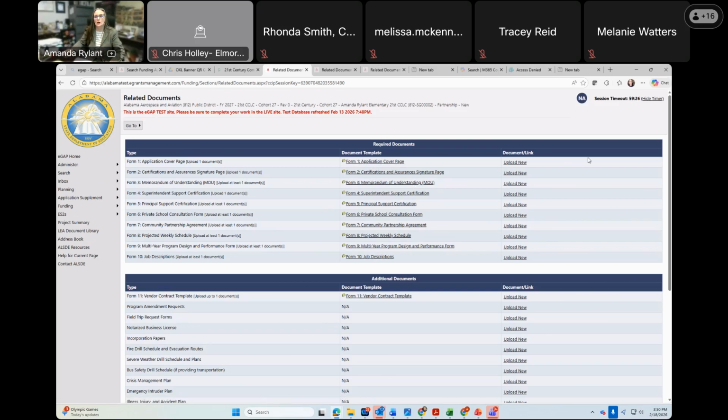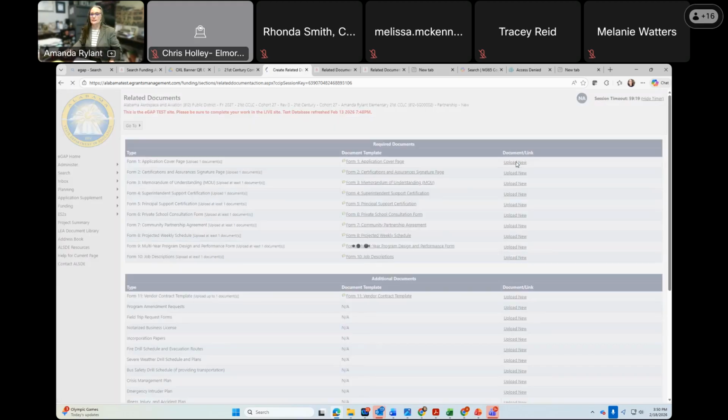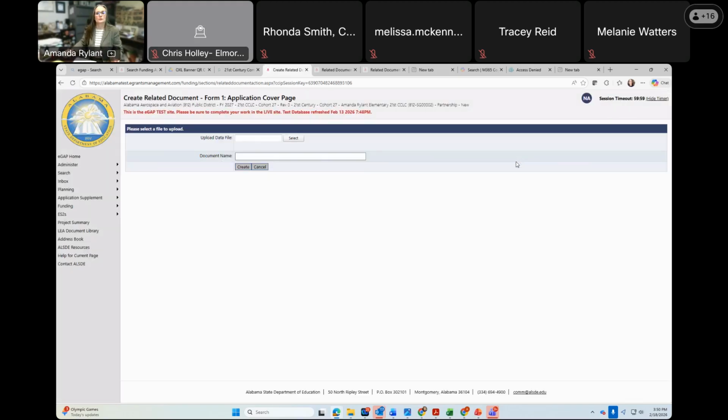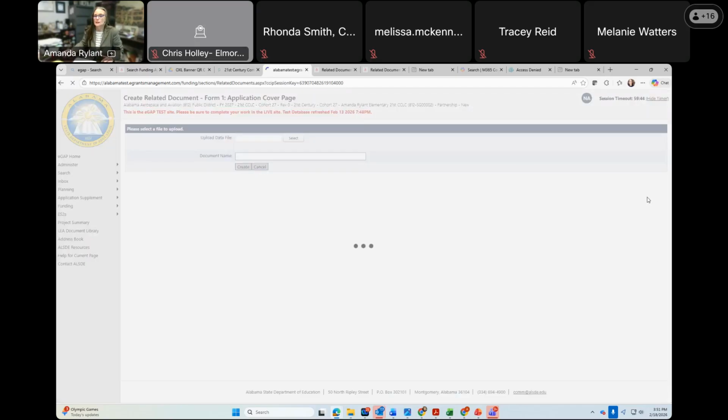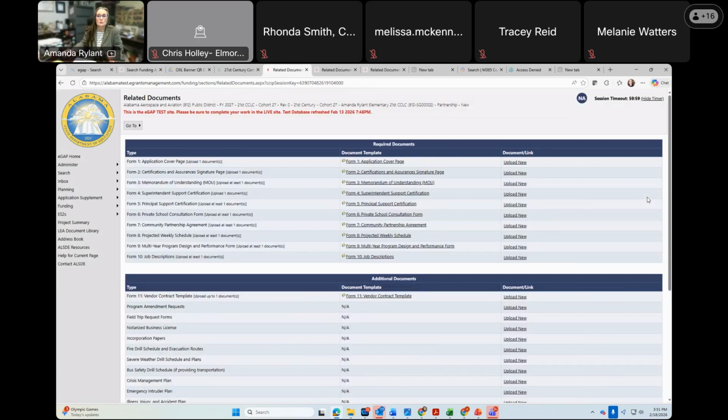And then you need to upload your documents here under upload new. So you'll just click on, I don't know if this is going to work or not. I didn't test it yesterday. Yeah, so you upload new, you'll upload your data file and then name it. So you can name it based off of Form 1, Form 2, Form 3. But I'm going to hit cancel because you can upload multiple documents under each link. So for example,